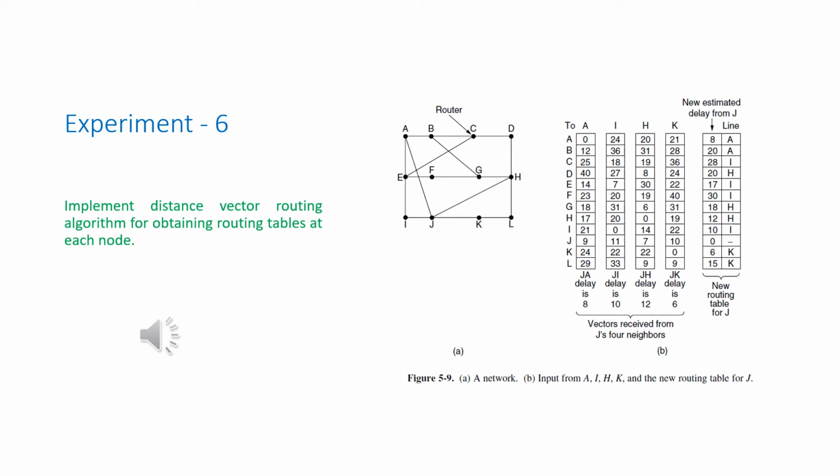Experiment number 6. Implementing distance vector routing algorithm for obtaining routing table at each node. So let us understand what is distance vector routing algorithm. So we can see the figure